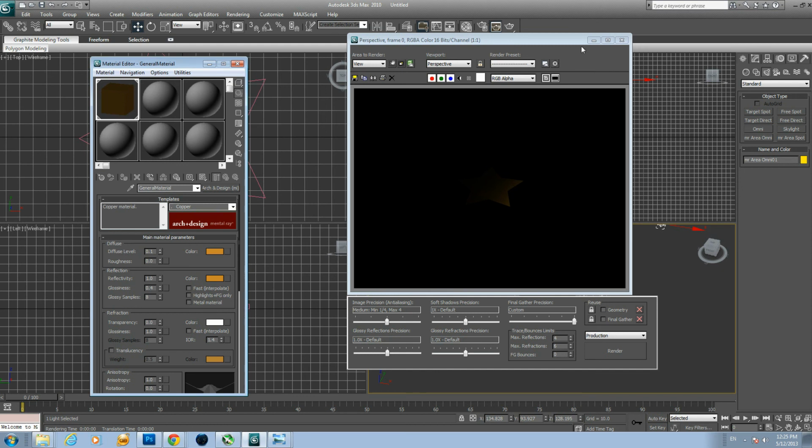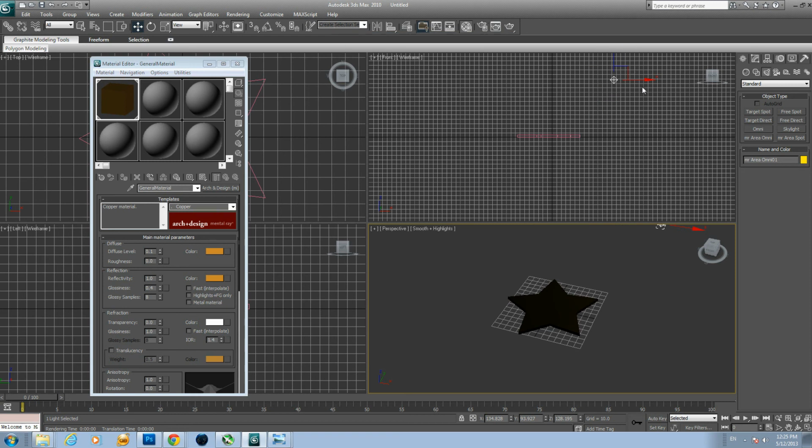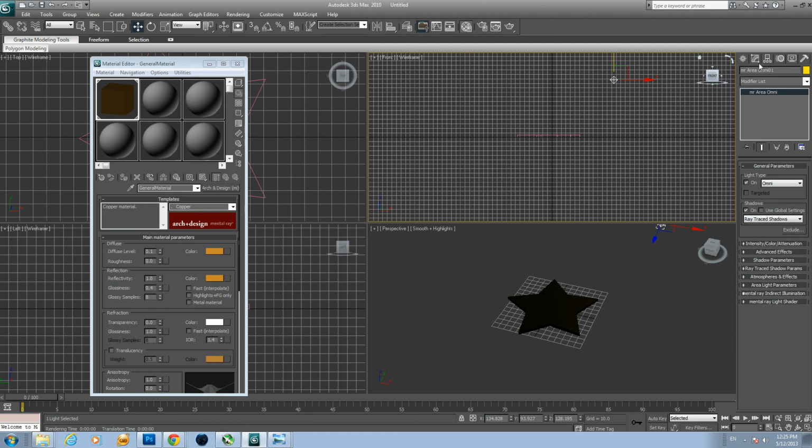Okay, the next thing I want you to do, as our light is selected, you can go ahead and here in our front view on our star, or click back to the light with the left mouse button. You can select it. Okay, let's go ahead and click on the modify tab right here, and it's going to say MR area omni, which is mental ray area omni for our mental ray renderer that we selected a couple minutes ago. And here, if you go ahead and click intensity color